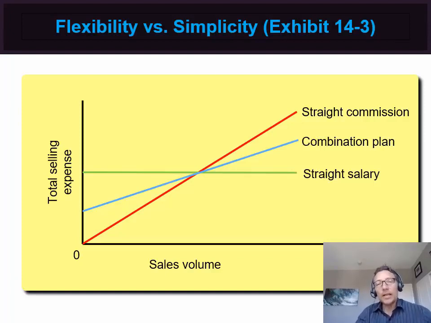But you can see how different compensation methods would drive different behaviors. If you're paying your salespeople straight commission, they are going to be highly motivated to generate new sales and write new contracts. And they're going to do whatever it takes to get new contracts signed, and whatever the requirements are that they have to be a client and place X amount of orders or be a client for X amount of time, they're going to do that.